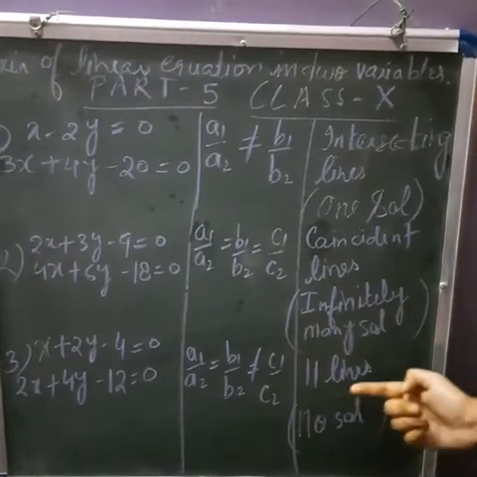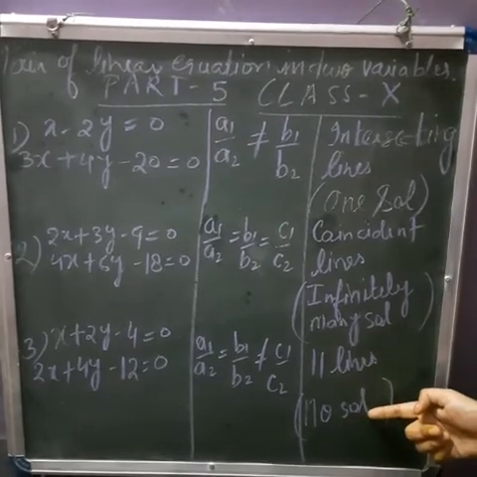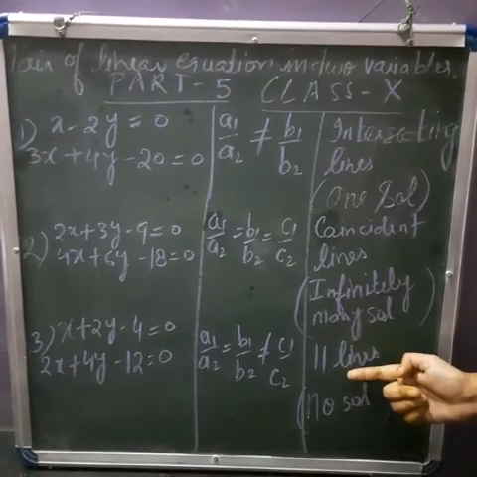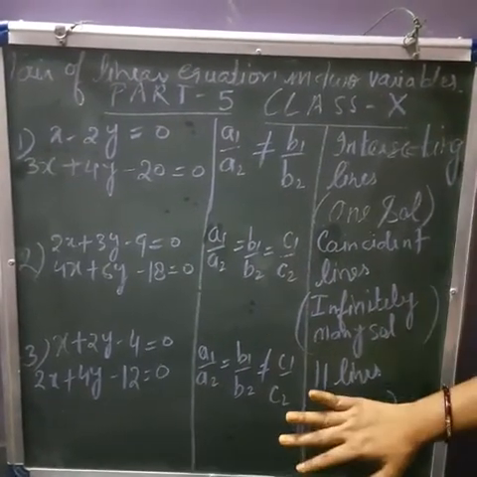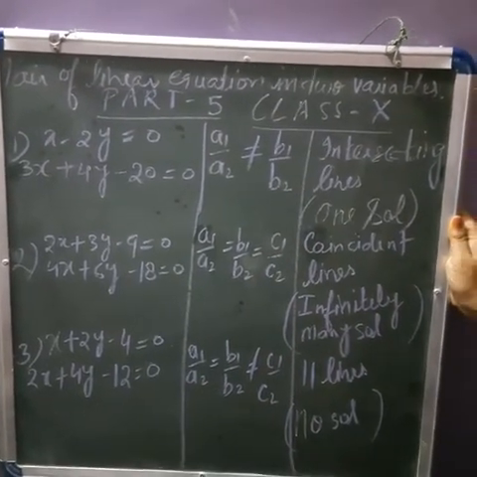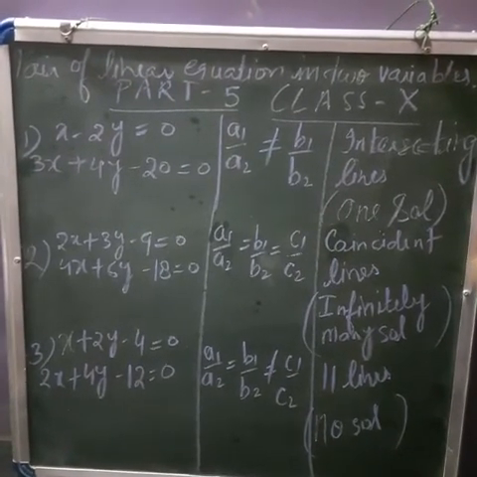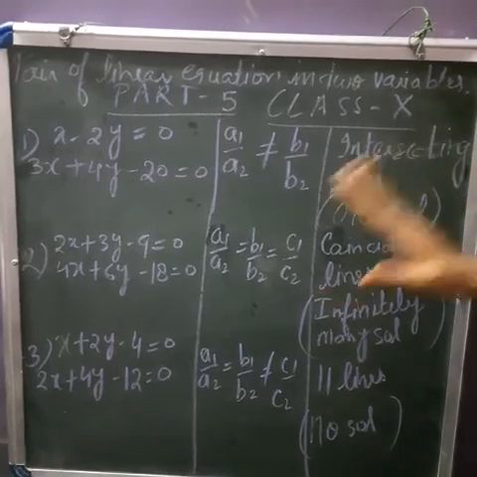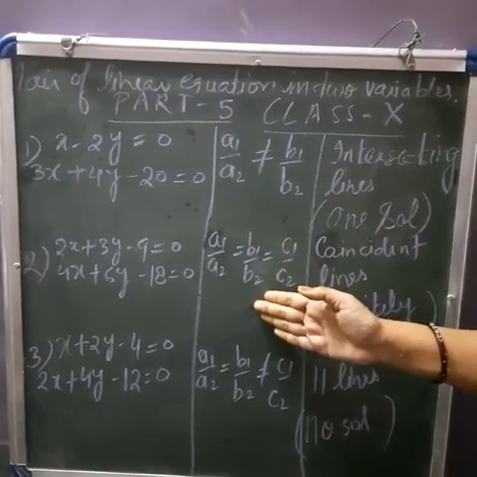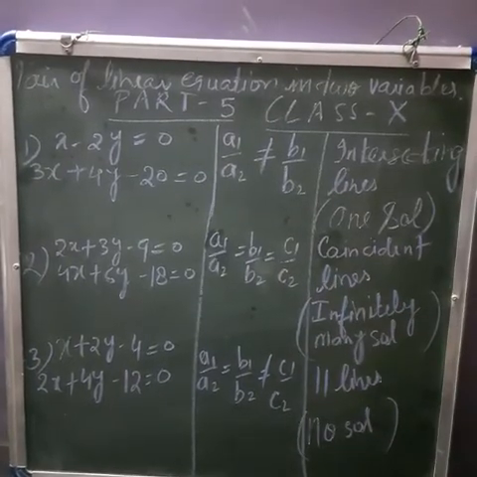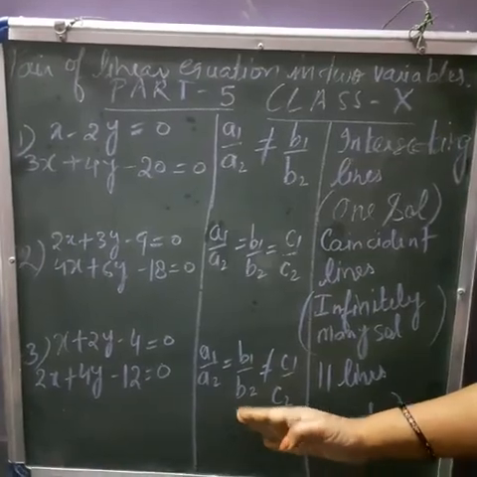Here we have parallel lines, and in parallel lines we don't have any solution, because we do not have any intersecting point. So we have no solution. These are the three types of lines, and by this concept you will solve the equations. If you have intersecting lines, then you will solve the equation, and with coincident lines you can also solve the equation. But in the parallel case you will not have any solution, so you can't solve these types of